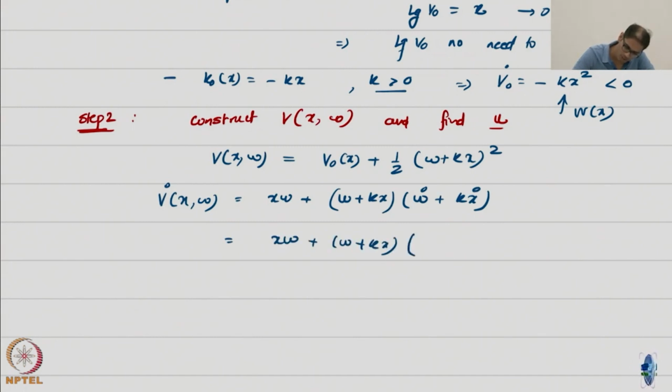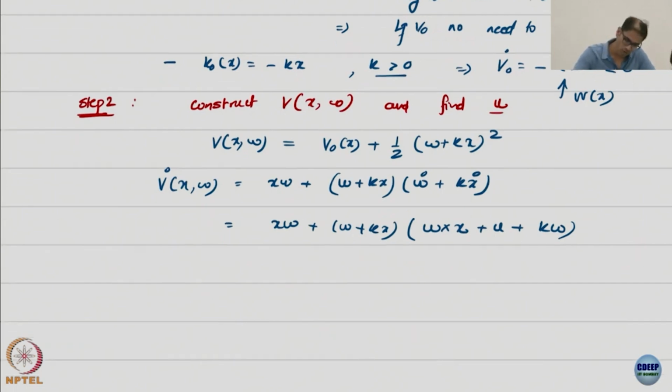What is omega dot? It's omega cross x plus the control plus k omega, and I have just substituted for the dynamics. Now what will I do? I use the same trick that I did before. This term here I write the omega in terms of my new variable, that is this omega plus kx, right. So I can